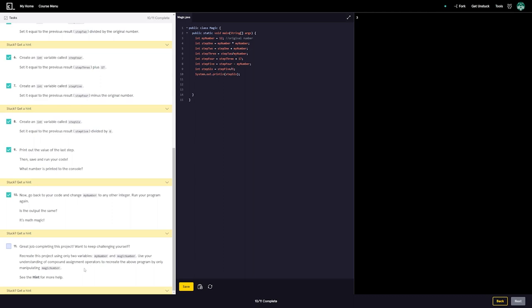So to be honest with you, I don't exactly know what they mean by compound assignment operators, but it is definitely possible to just do this with 2 variables. We can kind of recreate it, I believe. I'm thinking about how I want to do this, because this is just a bunch of steps, and in reality, to do a bunch of these steps, I just have to use only 2 variables. So int magic number, so I have to initialize this variable. I could literally just do this,